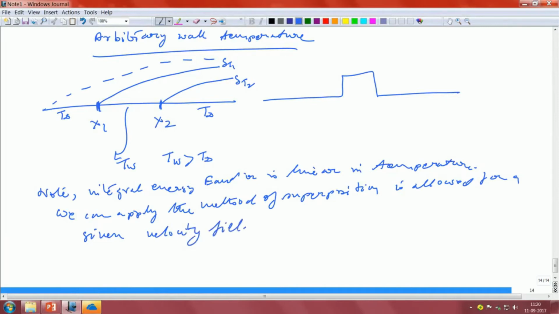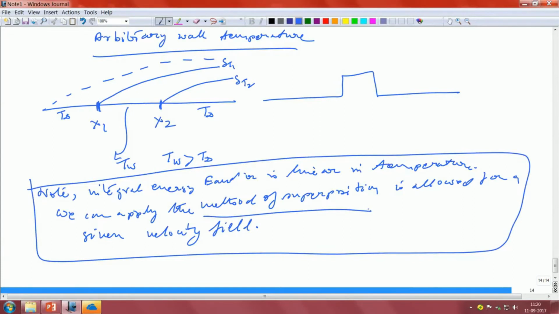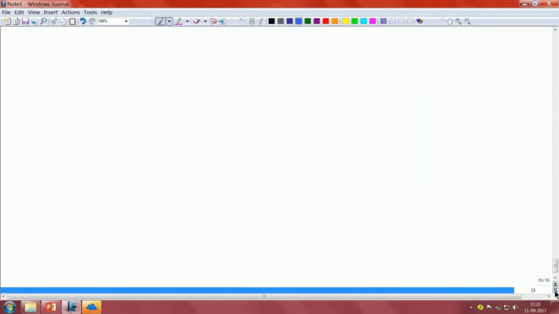See, the velocity field is unaltered, because it's a one-way coupling as we said. That means the change in the density has got no effect on the temperature. So the integral energy equation is linear in temperature, and we can apply the method of superposition because it's linear. We can apply it provided we know what the velocity profile is going to look like. So this is the way,